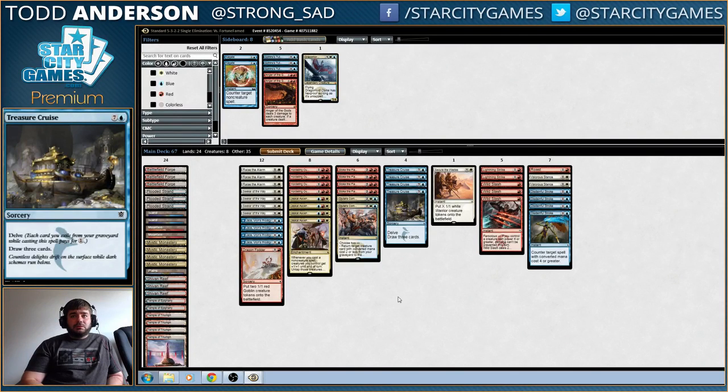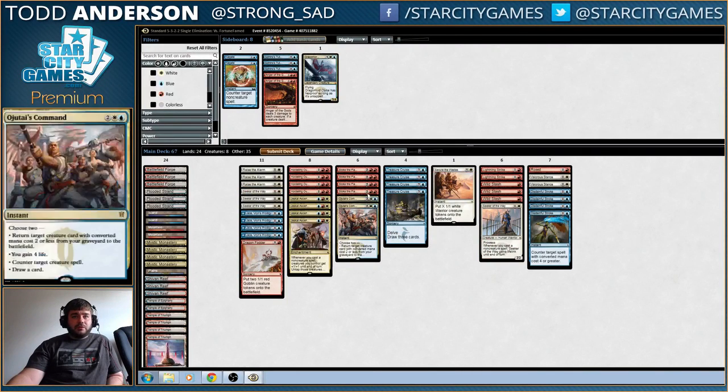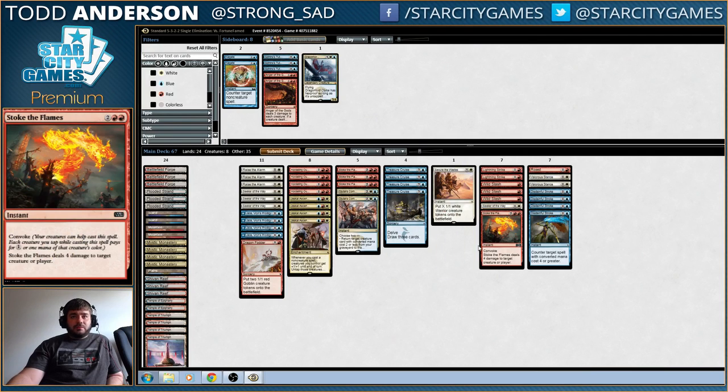I don't really know. Secure the Way seems great. Stoke the Flame seems okay. They're really what keeps the engine going for the most part. Secure the Way is solid, but I don't think we need all 4, so I guess we can trim one of those. And maybe we can just trim a Stoke the Flame,